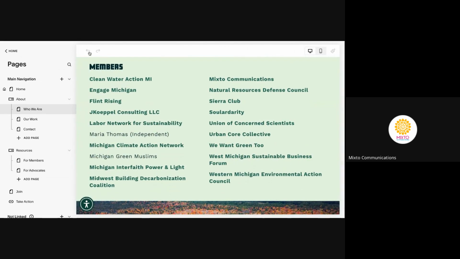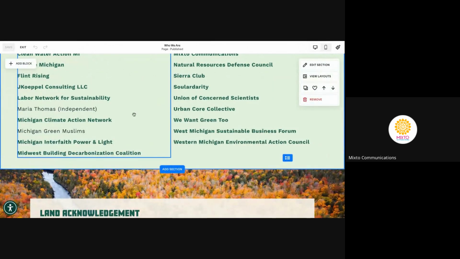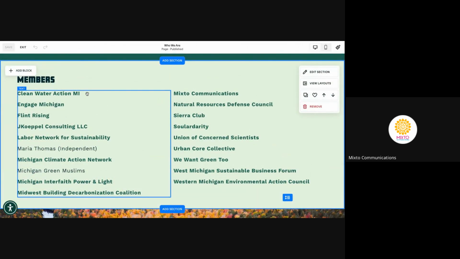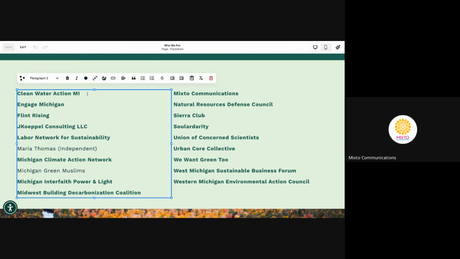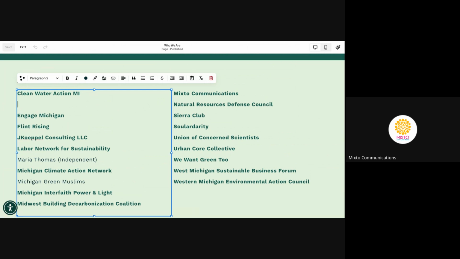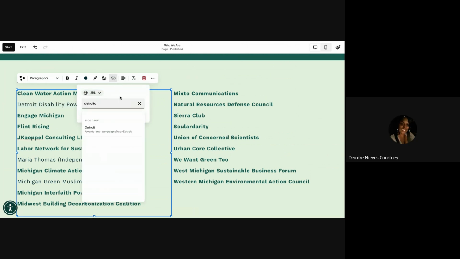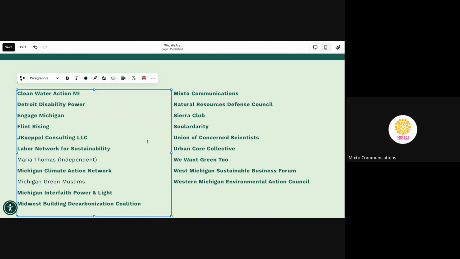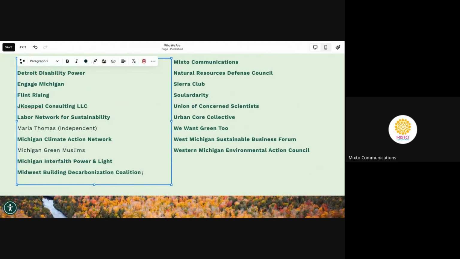Okay, so there it is. So click on edit. And it's just like it was on the other page. So the text already exists, wherever you wanted to add something. So Detroit Disability Tower, you would add a link there. Make sure it opens in a new tab. And then, like we mentioned,